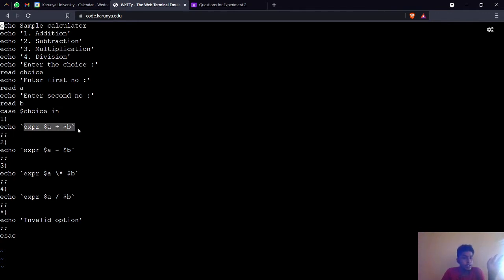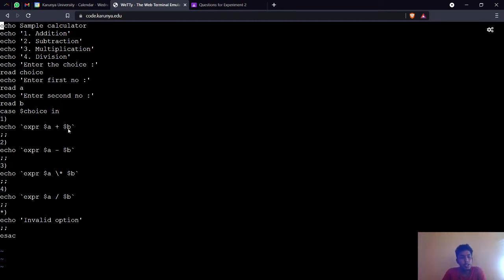Here is this statement, expr, the expression command, enclosed in a special symbol, the backtick, which you will see on your keyboard below the escape button. If you want to perform an addition, for accessing a variable's data you need to mention a dollar symbol and a, so it will fetch the a value, plus dollar b, which fetches the b value.